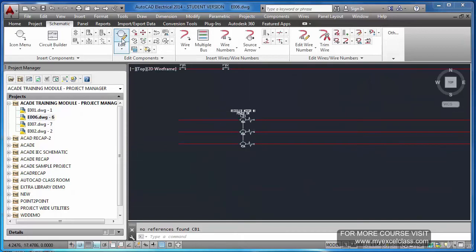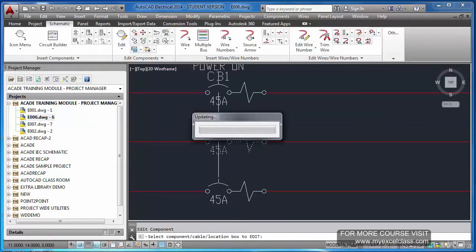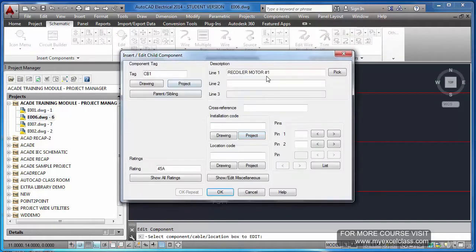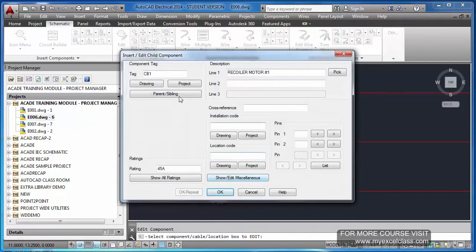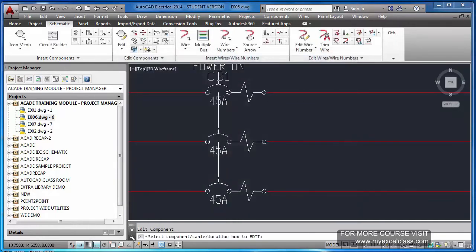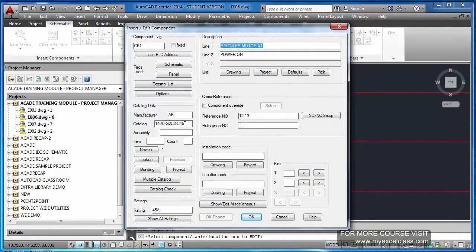Now it's updated. Now if I go and click the second pole, here also you will see the same description, CB1, writing is same, but here you could not find the catalog number and all, because this is a part of that first parent component. Even in this case also this tag is same, description is same. Here you see first pole, here is the catalog, everything. So we will put the catalog in the first pole, which is, let us assume, as a parent.